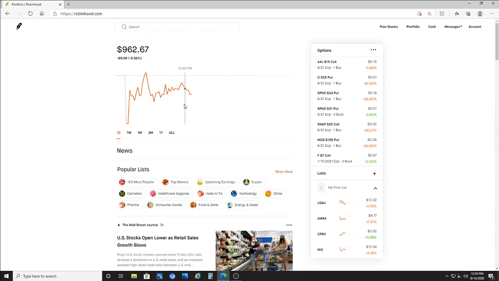I actually like Robinhood on the computer. It seems a lot better to me. So yeah,